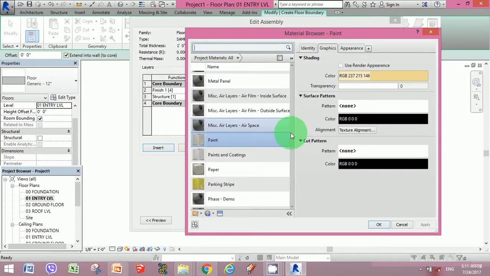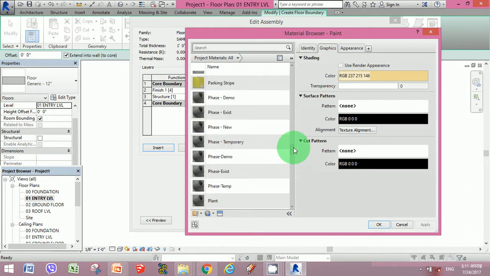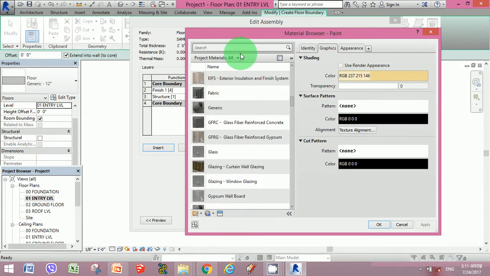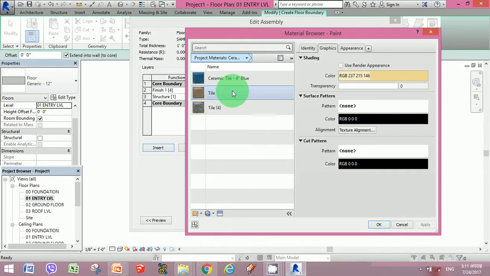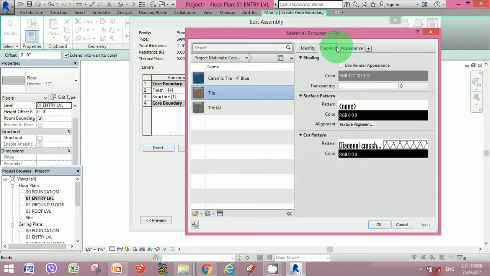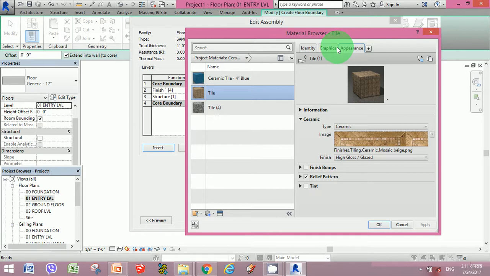Let's say you want tiles on the exterior, if you want ceramic tiles, so this is the appearance that we are going to get in the tile.